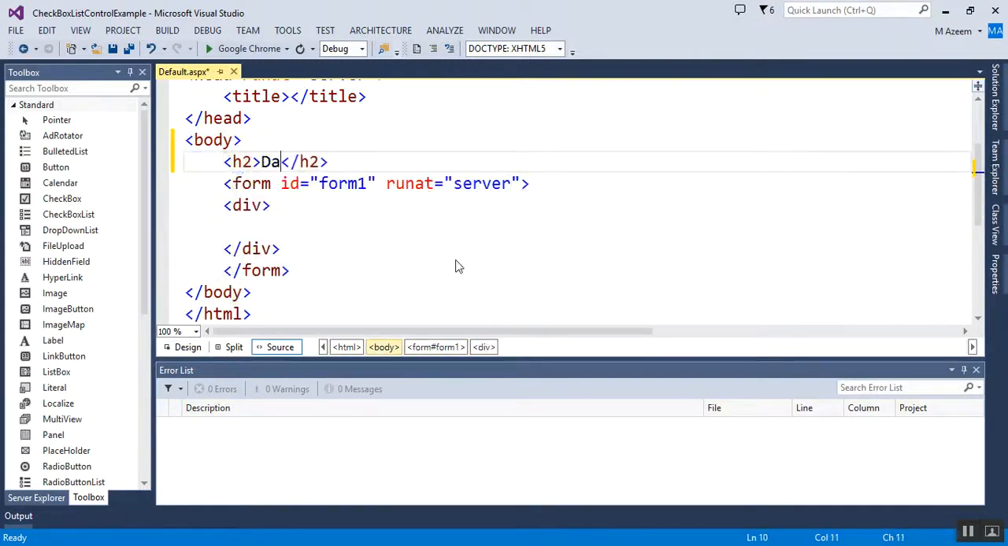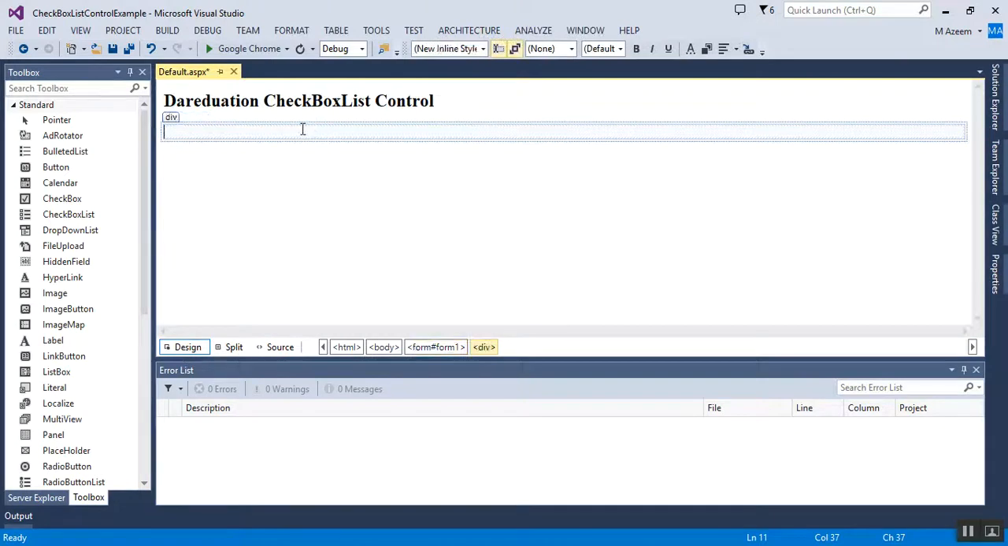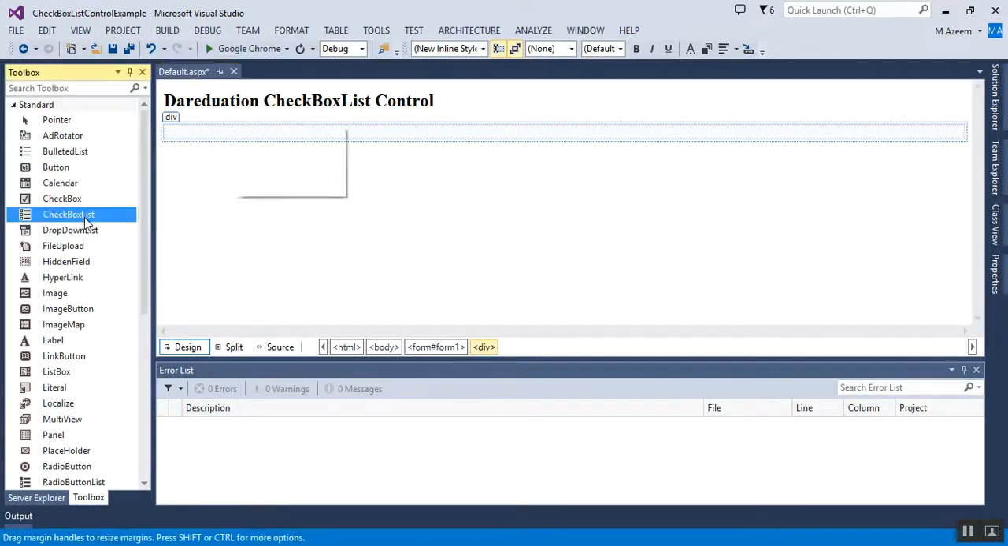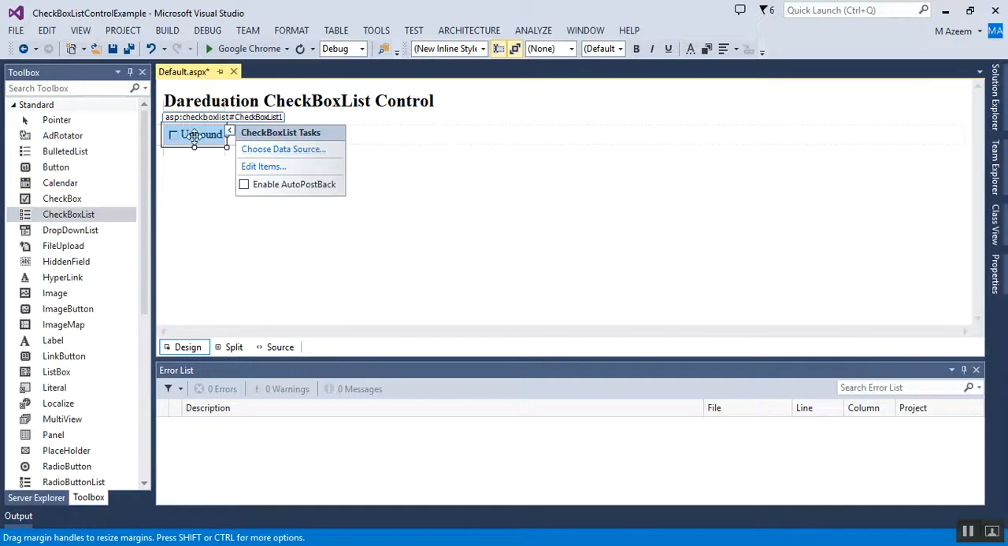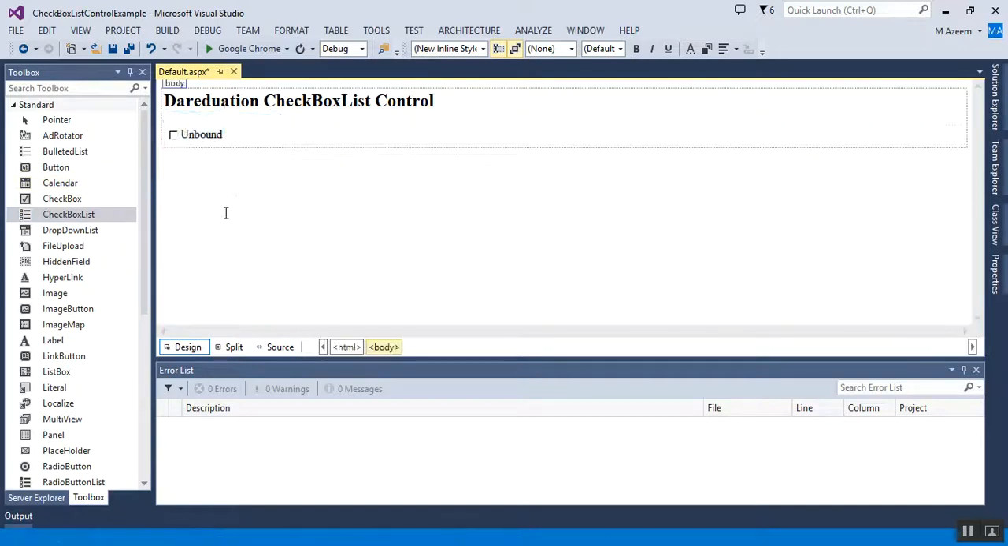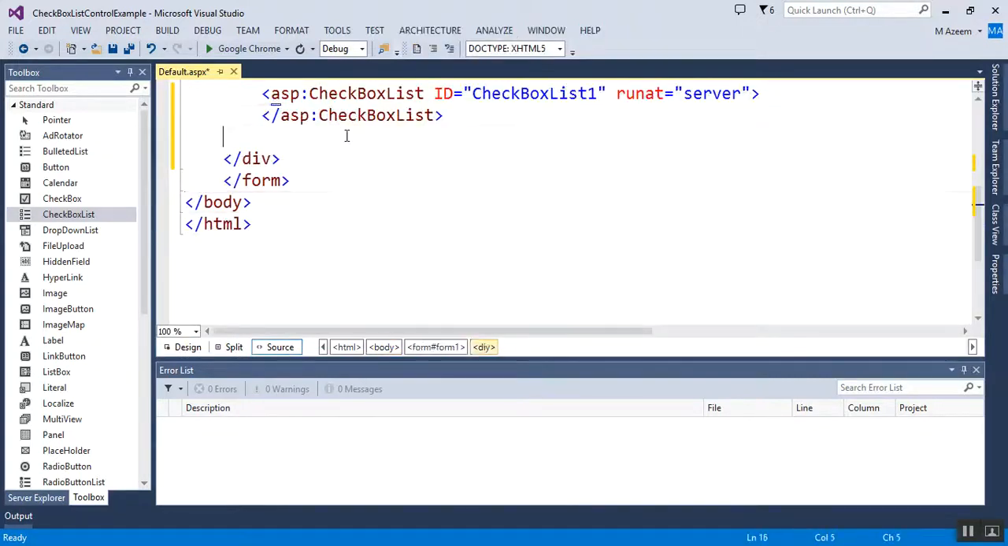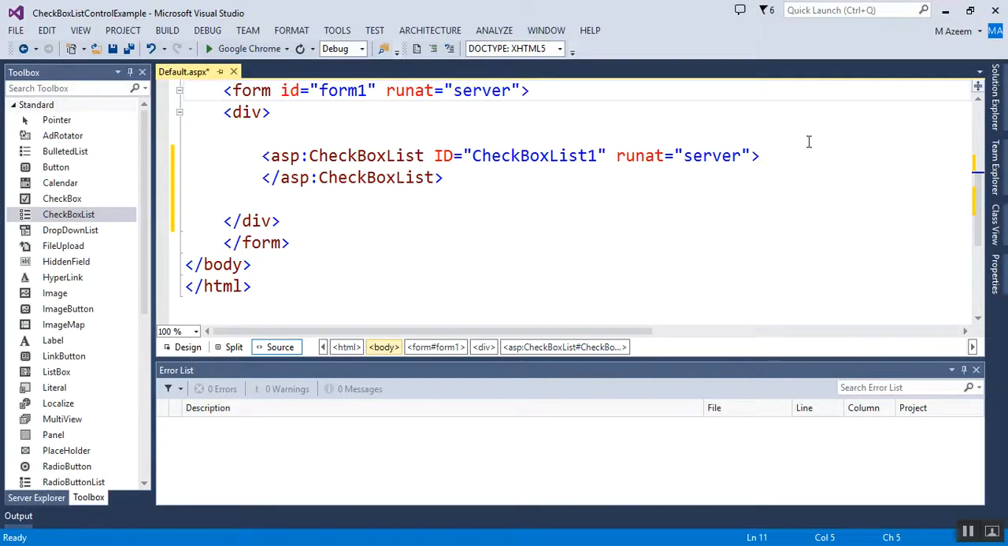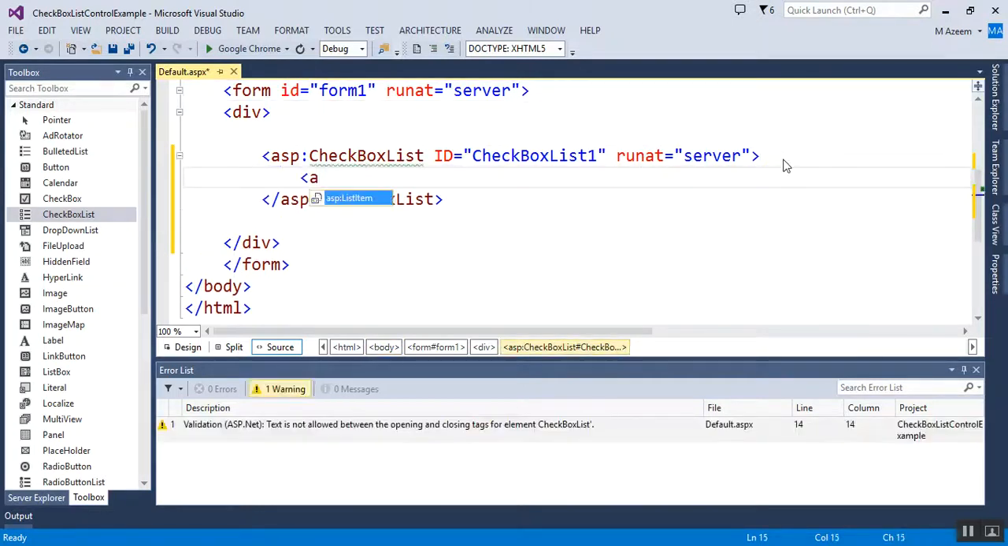H2, education, checkbox list control. In the design mode we will select this control here, checkbox list. When you click on this one, the control is placed here. Now we are going to add the elements in the source code. Then you can see how this control looks, and now we are going to add an asp list